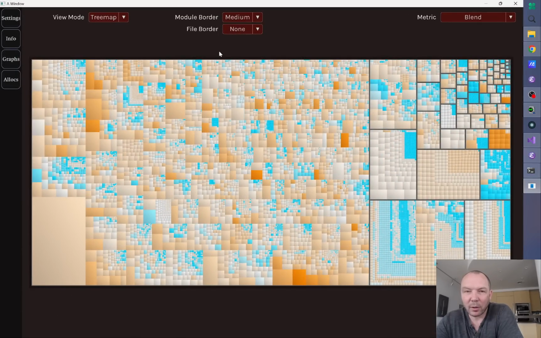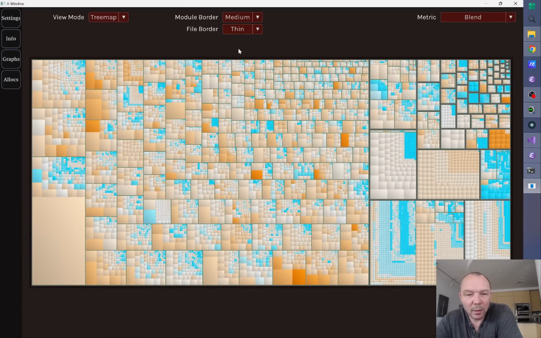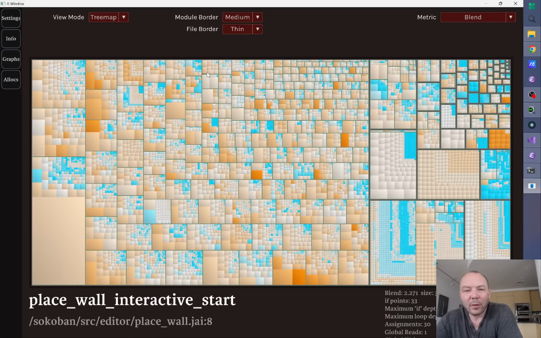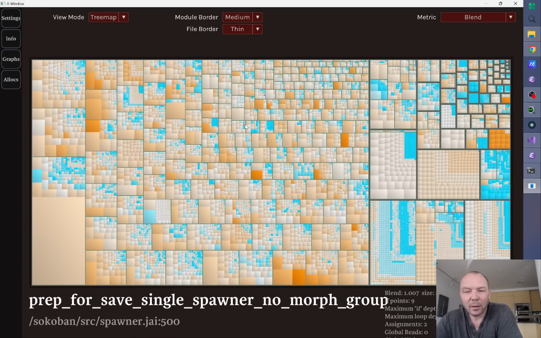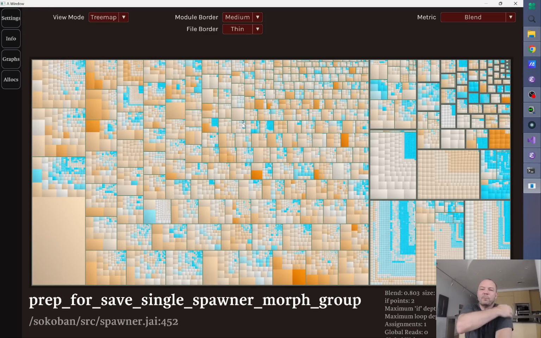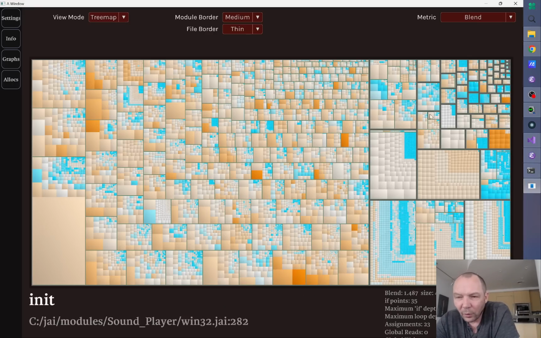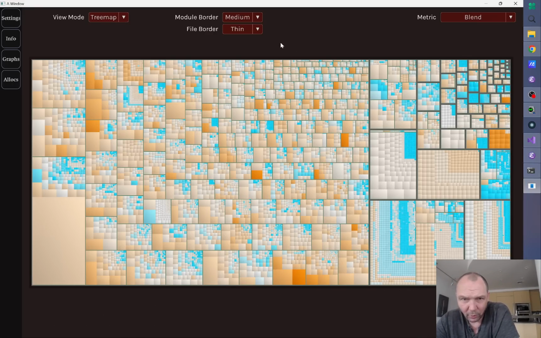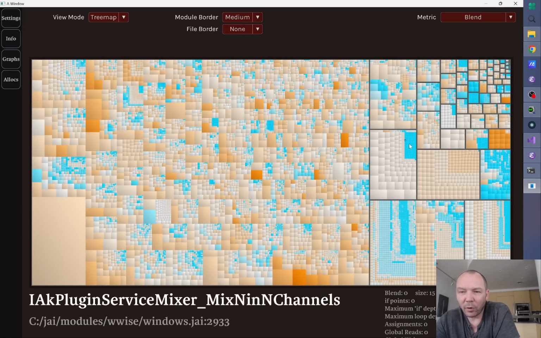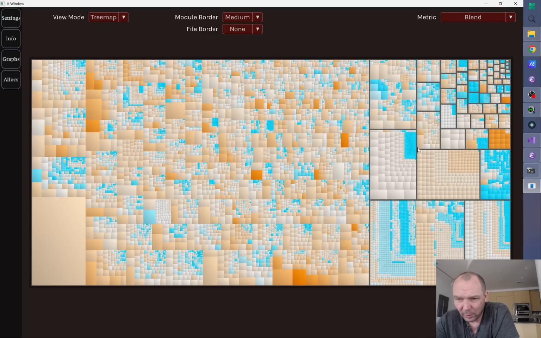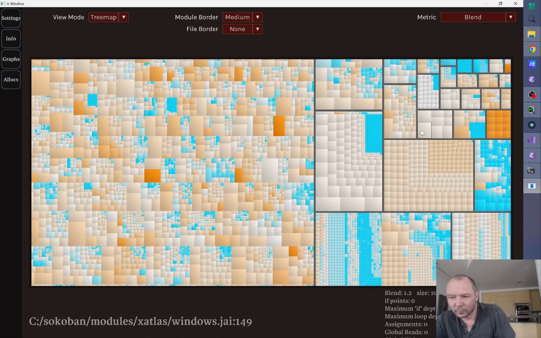Let's make it all big, like Kanye the Giant. Let's put some file borders. I mean, this is uglier, but if you want to understand the data, it's not bad. Now, here's a thing we could do though, right? We could always draw alpha blended borders that are not opaque, that just layer over, etc. But I think these guys are really tiny compared to this border size, and I think the border size is not bad. If we didn't have the doubling, it would look like this. I think that's an okay border size. It's maybe a little bit big. Anyhow,